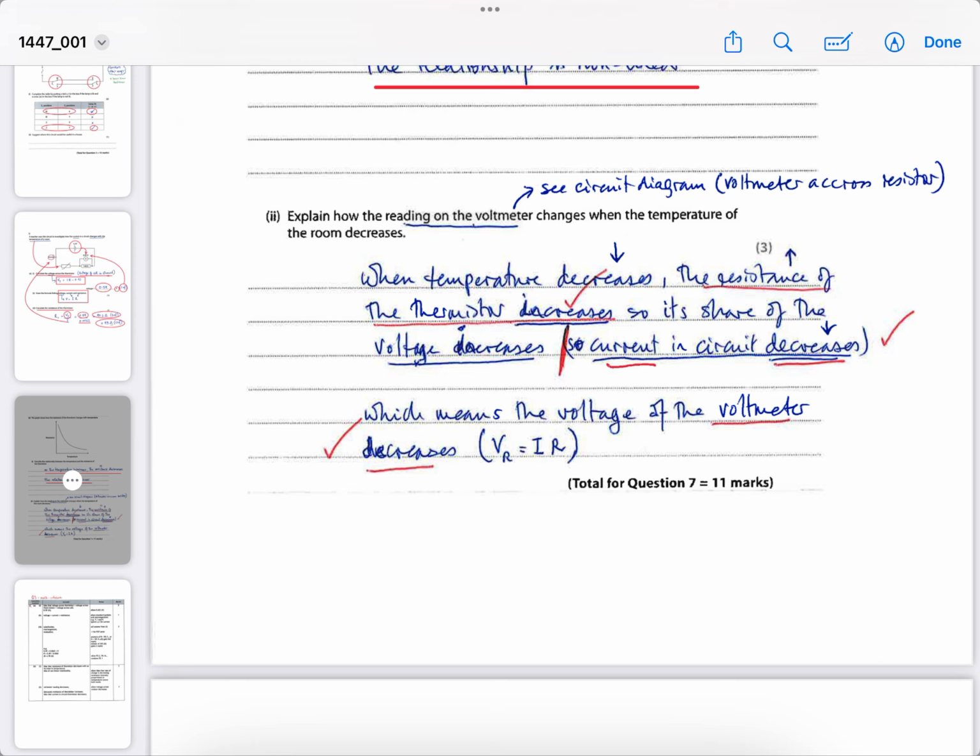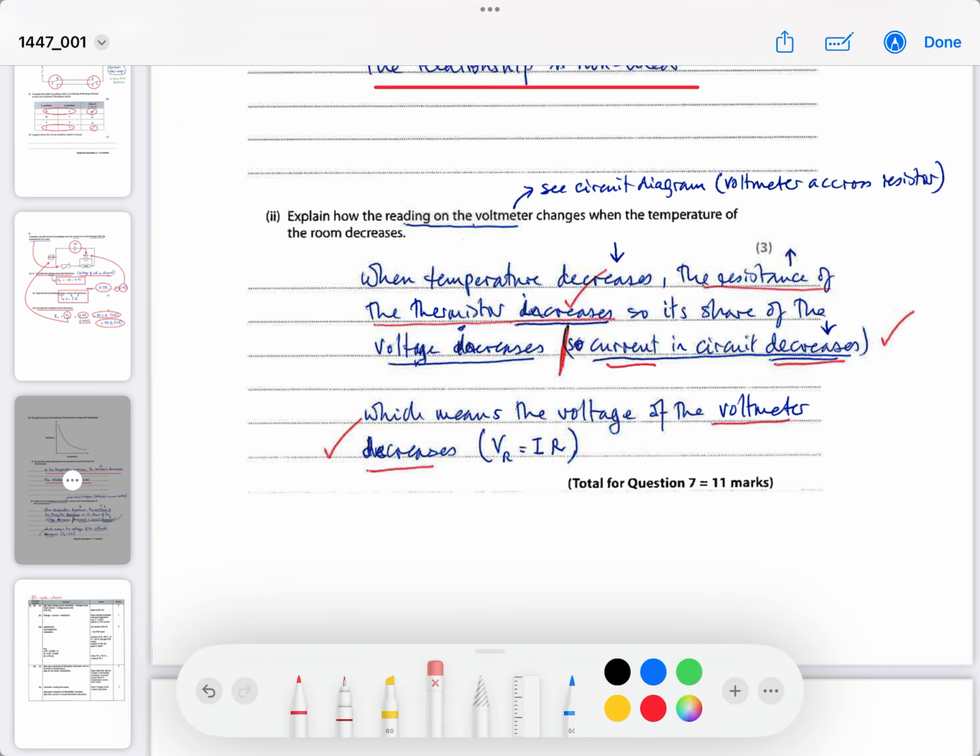Remember, when the temperature decreases, the resistance of the thermistor increases. So that's the first thing you need to write, that the resistance of the thermistor increases. That's one pattern that you've got to notice. So its share of the voltage also increases, yeah? Or you could say the current in the circuit decreases, yeah? Because if it gets